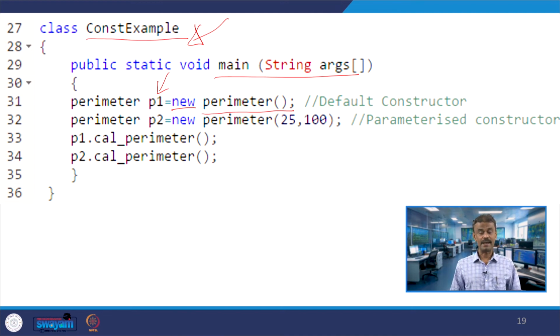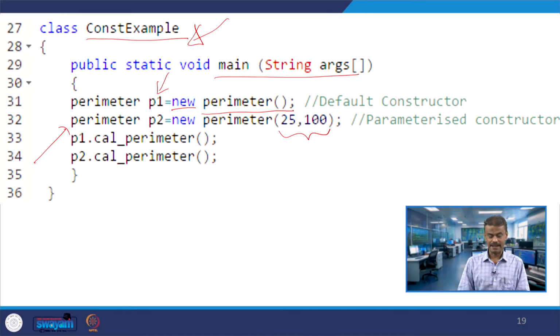For the bike, we did the same thing: Bike1 B equal to new Bike1, it is calling a default constructor. And here at line number 32 you can see Perimeter P2, P2 is an object, equal to new Perimeter(25, 100), you are passing 25 comma 100.